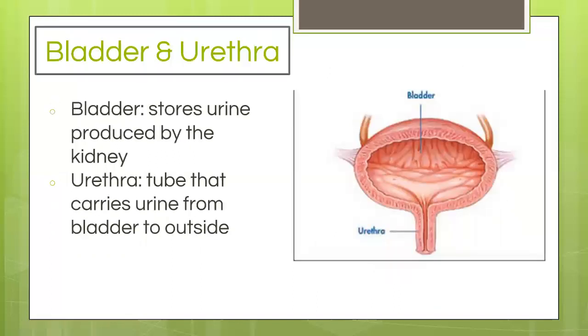And then finally, you'll be able to see the bladder. I'm not entirely sure if you'll be able to see the urethra, but the bladder stores the urine produced by the kidney, and it expands until it's completely full. A human bladder can hold about 1 liter of fluid, and then when it can't hold any more,